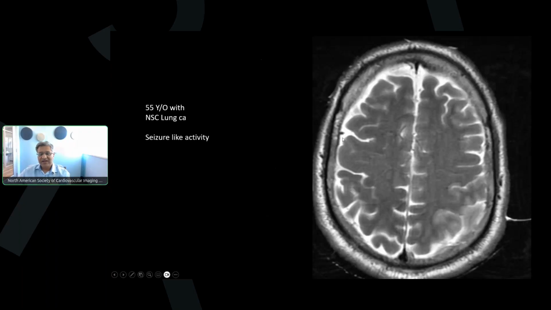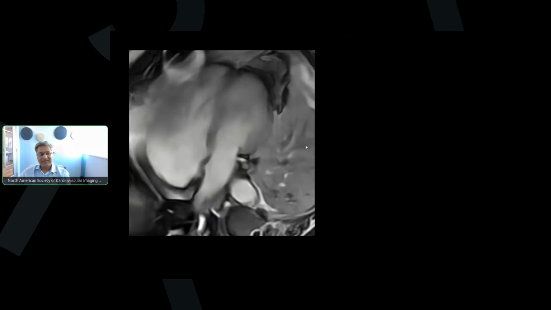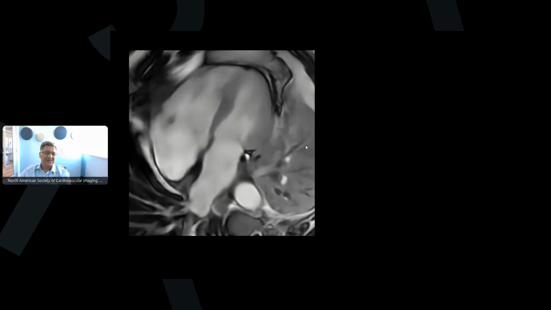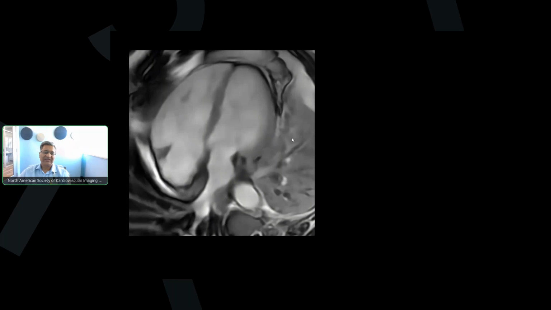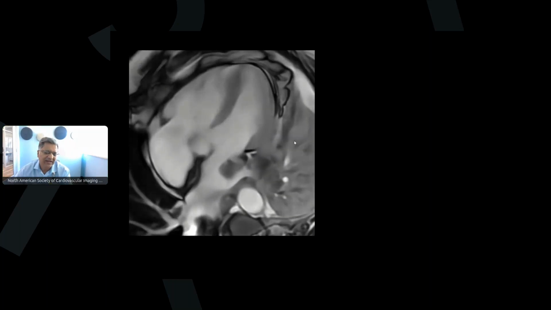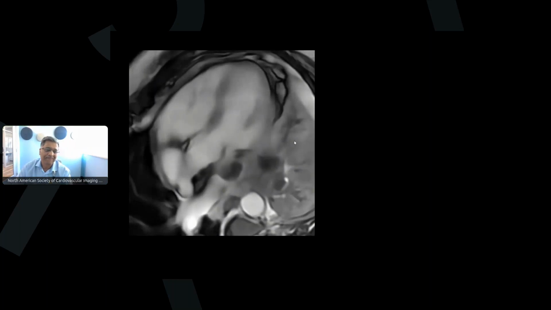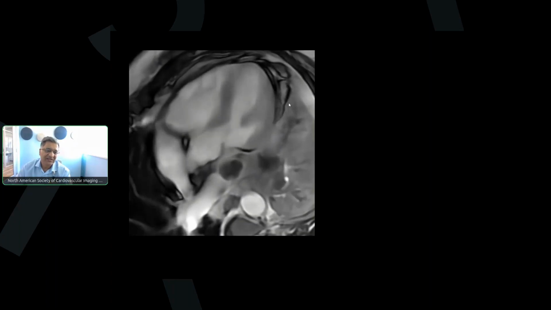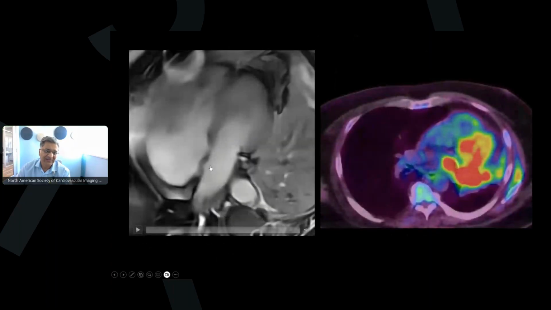Initial presentation. And then this patient presented with seizure-like activity on follow-up, and head MR was obtained, and this area was identified. So the question was, could there be a tumor extension somewhere? And then we did a follow-up imaging based on that. So this is the MR. We want to look at the left side chambers because if you're thinking of an embolic cause, it could be from the left side. And what we can see over here is clearly this large mass which is extending into the